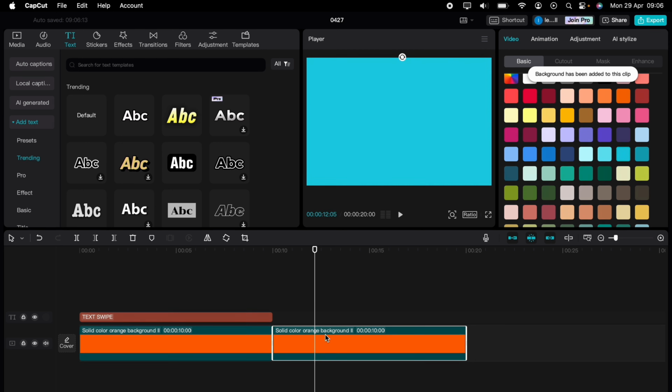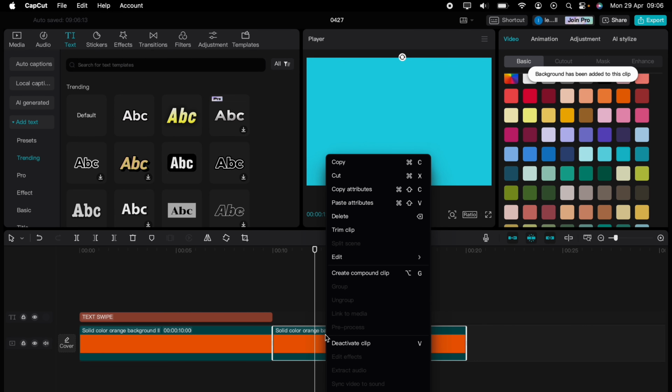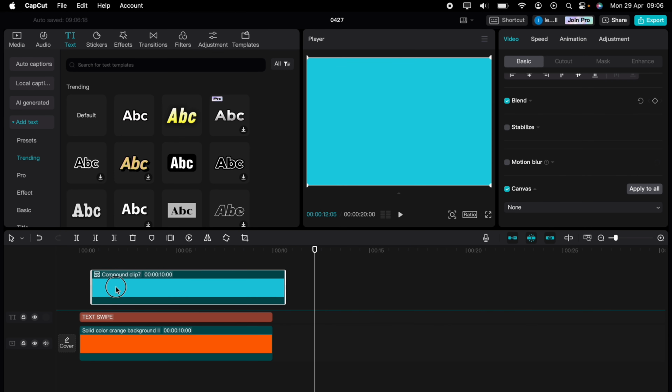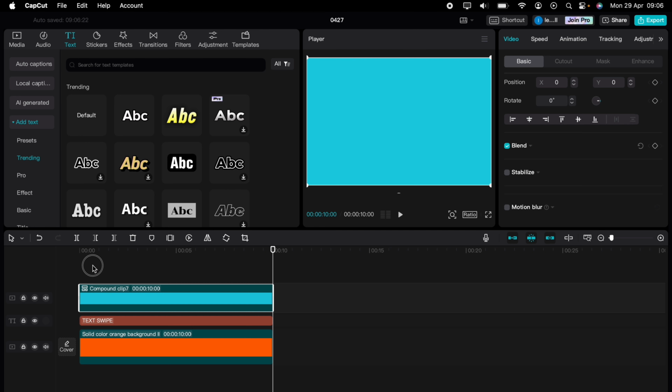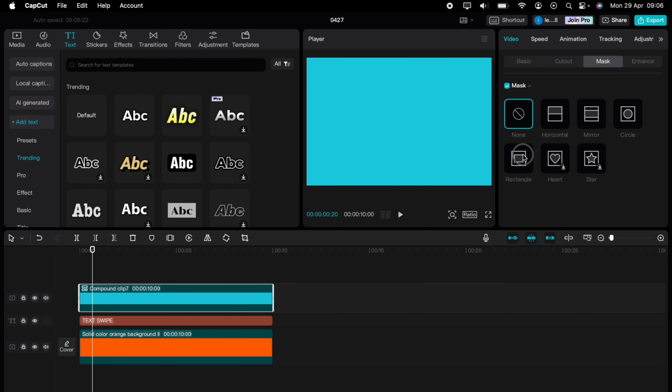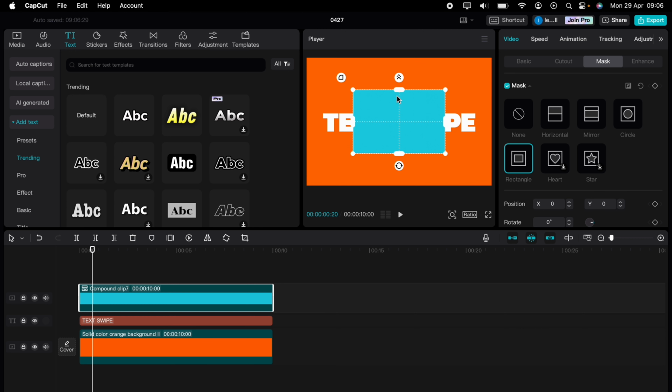Then once you've got a colour that you want to swipe across your text and your text to change into, right click it and select create compound clip. Now let's drag this to the top of our timeline. Let's highlight it, then come over to the right hand side, video, mask, then let's select the rectangle mask, and let's make this into a little square, so this will swipe across the screen, changing the colour of our